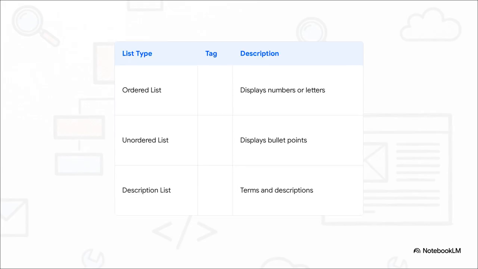Now, what if you need to group related items? Well, HTML gives you 3 really clean ways to make lists. If the sequence matters, like a step-by-step recipe, use an ordered list, or OL, which displays your items with numbers or letters. If the order doesn't really matter, like a grocery list, you use an unordered list, or UL, which gives you standard bullet points. And for things like glossaries, we have the description list, or DL, which perfectly pairs your terms with their specific